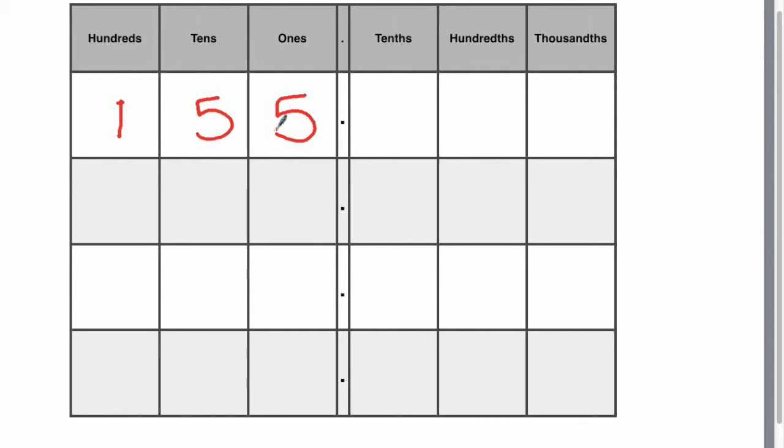If I have the number 155, and I want to decompose this number, well, it's already pretty much decomposed with the first number, so let's move to the next line down. What's the second place in our number? We started with hundreds, now we're going to move over to what place, everybody? Tens. We're going to move over to tens, but when we move over to tens, we're going to pick up